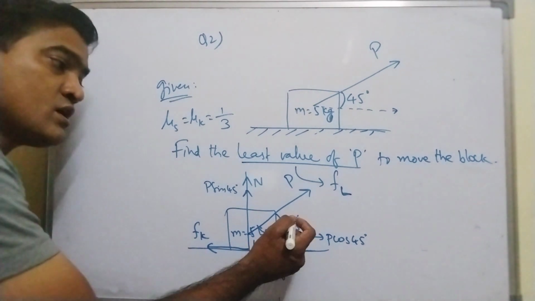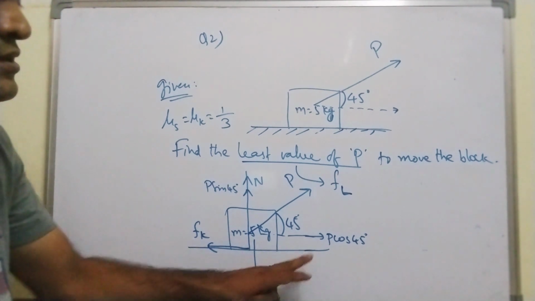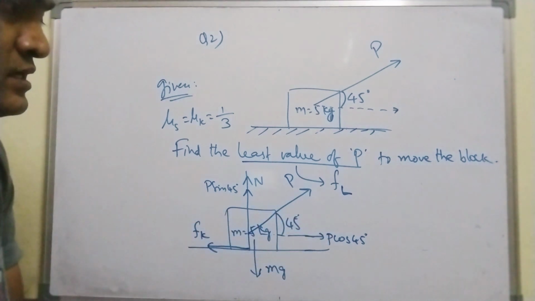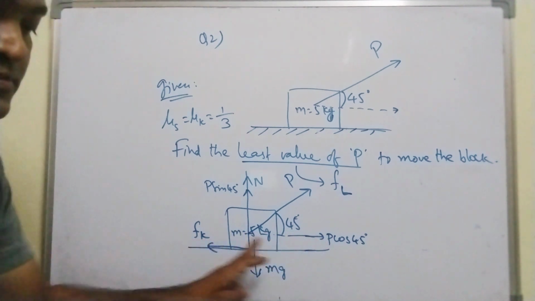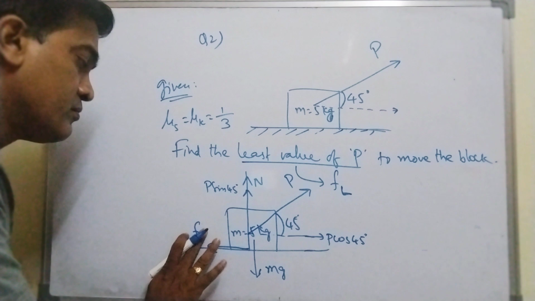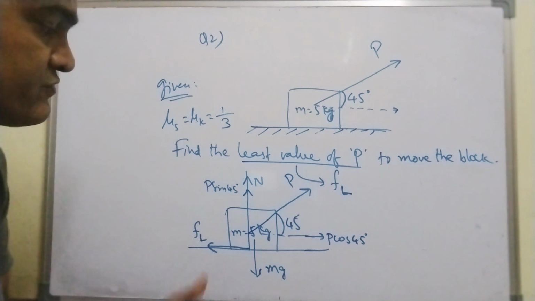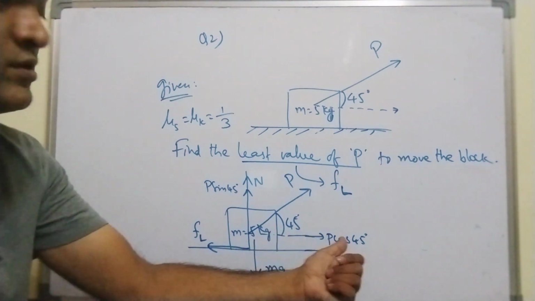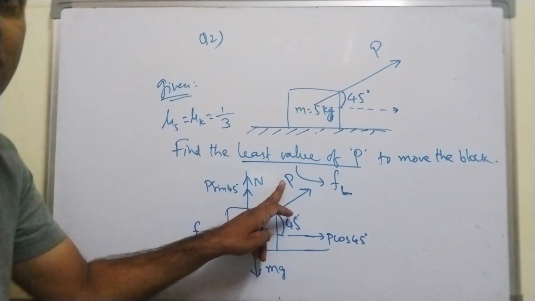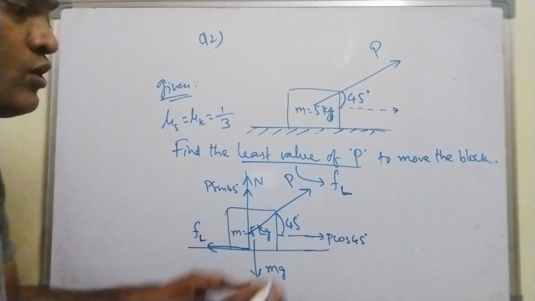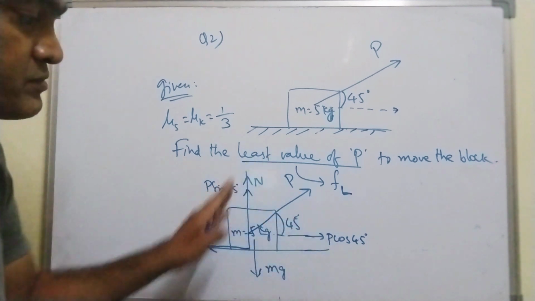Now here, after resolving this, you can identify the forces easily, right? I want FL, limiting friction. Limiting friction will come into the picture only when these two forces are equal. This is not Fk, because here I am asking you the least value of P, that means FL. Limiting friction must be equal to what? This horizontal component of force, P cos 45. But I want the value of P, with what force I need to pull the block making an angle of 45 degrees. I want the value of P but not P cos 45. But from the given data you can find it out.